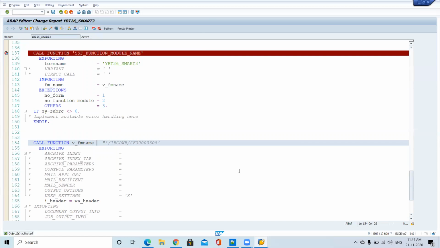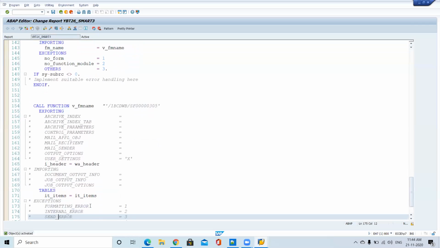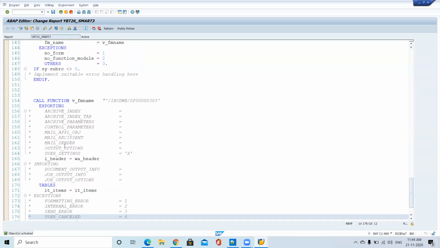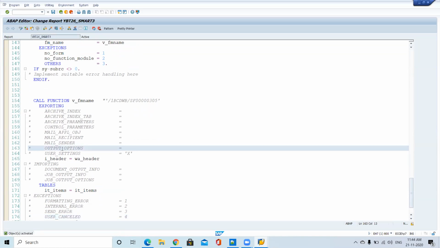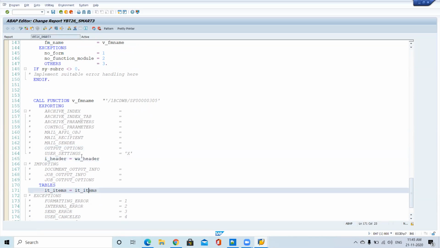Yes, sir. Okay. Along with these properties, for the smart form we have some other parameters, like output options and controlling parameters. For any smart form, in the interface we added header and items, so those two are appearing, but by default we have other parameters.